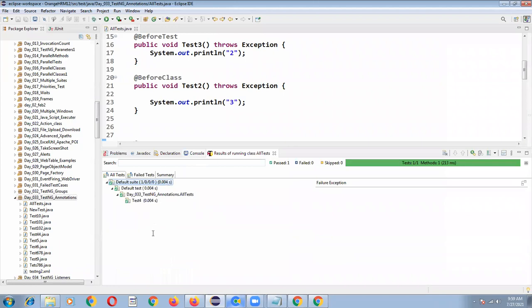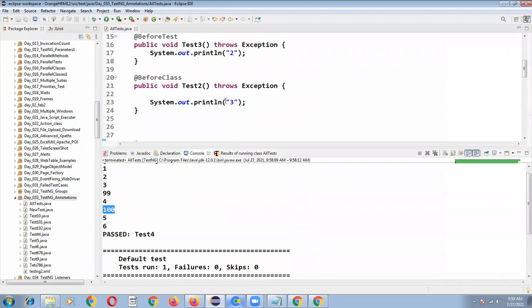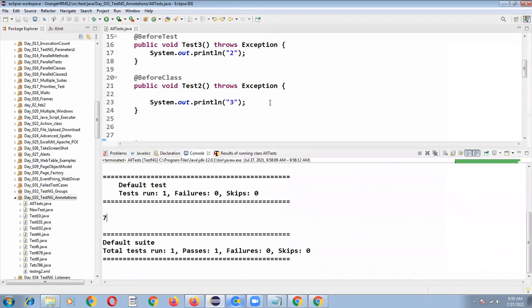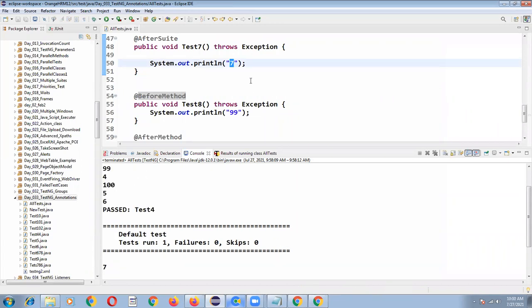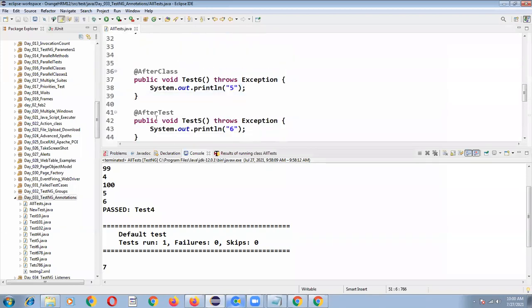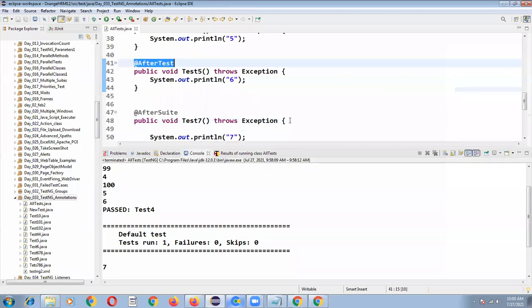And finally here, 7 means which one? @AfterSuite. So the final part was executed as 7. Here 5, 6 are executed, in reverse order: @AfterClass, @AfterTest, and finally @AfterSuite. So 5, 6, 7 were executed.